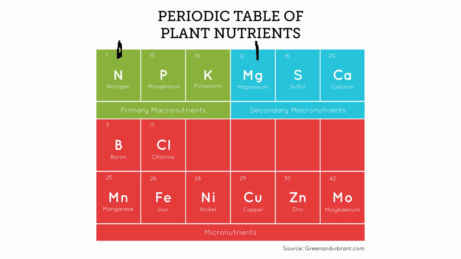If you're transferring energy around inside cells, you're going to need a lot of phosphorus because things like ATP, which are energy carriers, are often very dependent on phosphorus. So you're going to need a lot of phosphorus. In addition to that, there's a ton of other things that plants require. And I'm not going to go through each one of these, but I just want you to be aware that